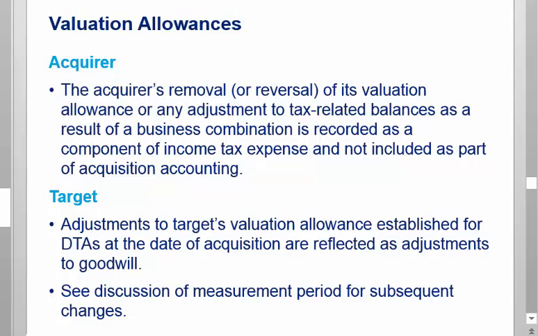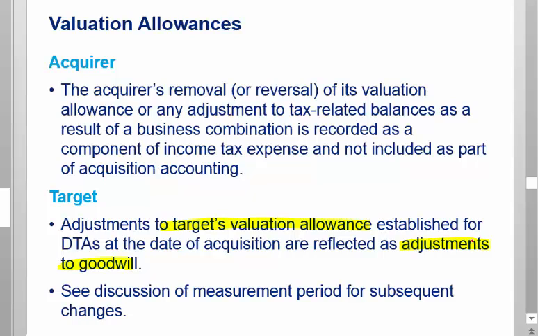So in effect, anytime you set up a valuation allowance on target, that goes as an adjustment to Goodwill. Because what you're doing is you're saying, well, how much of target's assets are real? And whatever the real stuff is, the good stuff, I'll book through Goodwill. But anything that's offset with a valuation allowance, I'm not going to book that. It's sort of like a net nothing. So to the extent I decide my target needs a valuation allowance, that ultimately impacts how much goes to Goodwill, because it impacts how much net deferred asset I book.